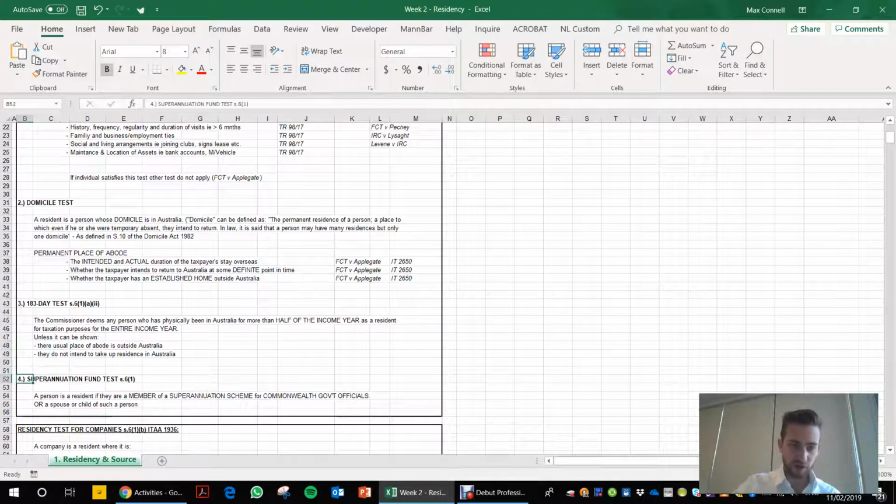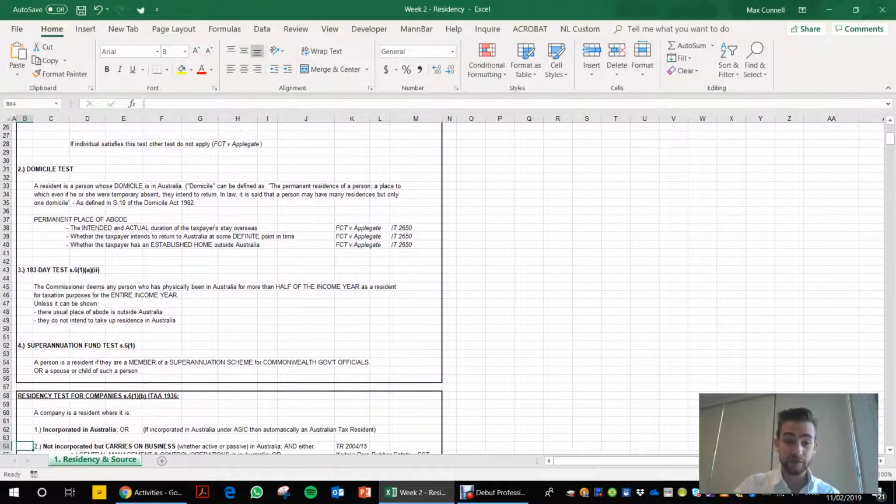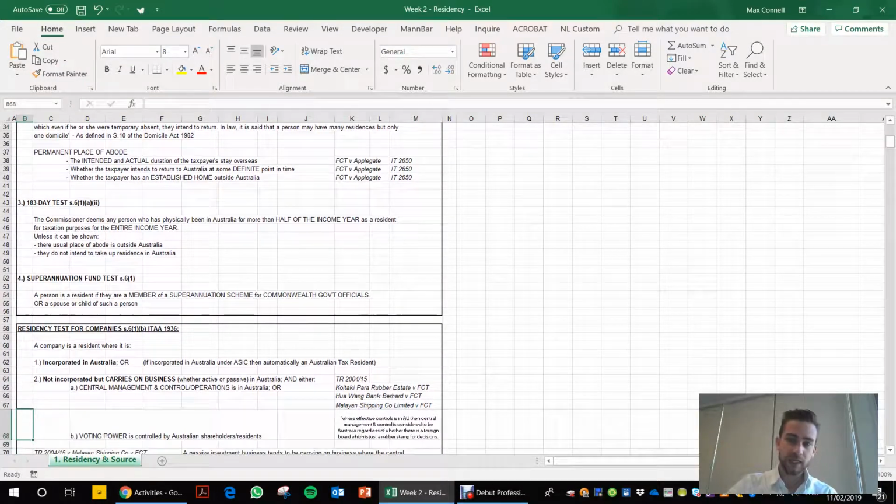Number 4, superannuation fund test. If a person is a resident, if they are a member of a superannuation scheme for the Commonwealth Government officials. So that's basically any Australian super fund. If they're a member of this super fund, they're an Australian resident. That's a hard one to get out of if you have a job in Australia. Okay, so that's the 4 tests for residency